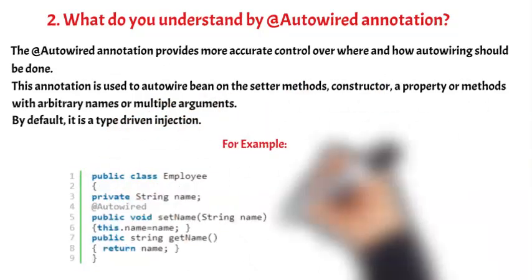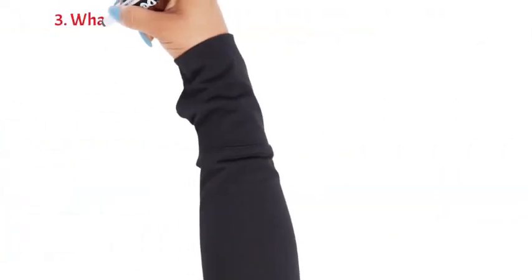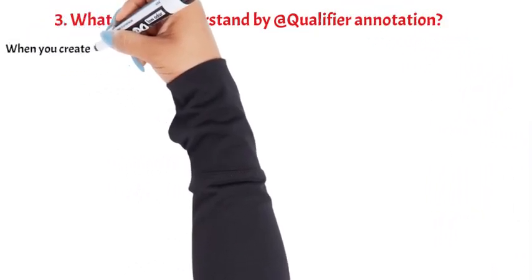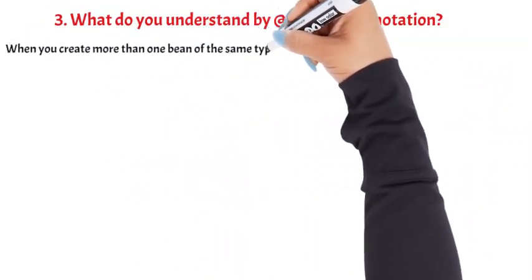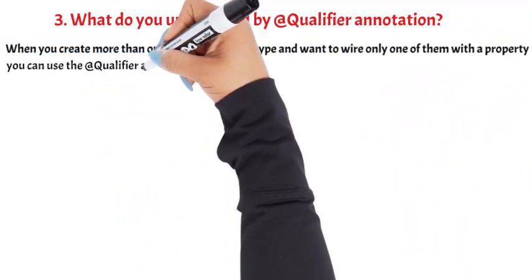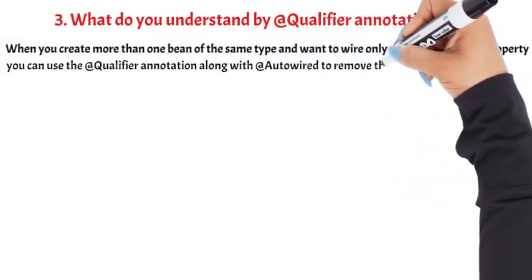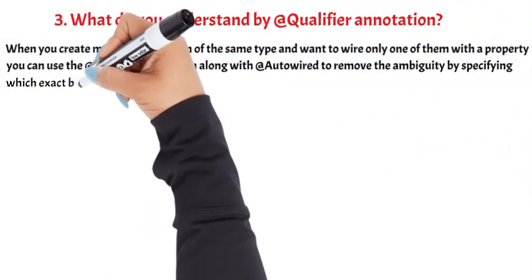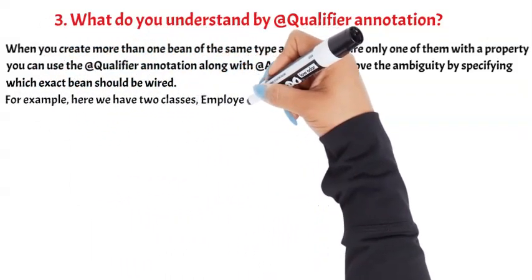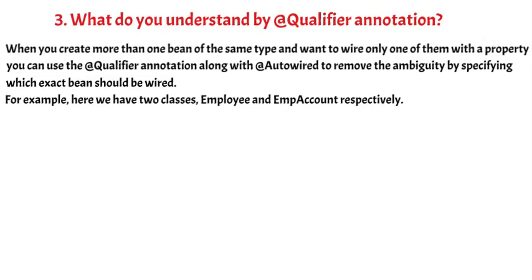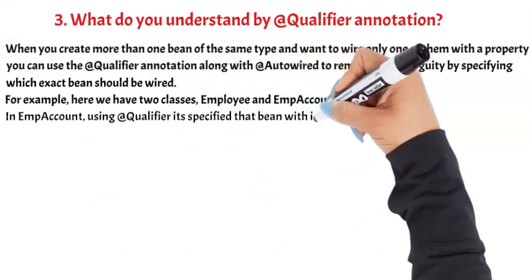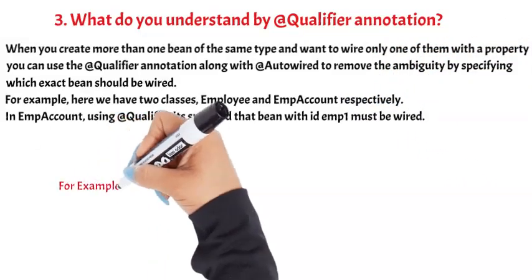For example, 3. What do you understand by @qualifier annotation? When you create more than one bean of the same type and want to wire only one of them with a property, you can use the @qualifier annotation along with @autowired to remove the ambiguity by specifying which exact bean should be wired. For example, here we have two classes, employee and emp_account respectively. In emp_account, using @qualifier, it's specified that the bean with emp1 must be wired. For example,